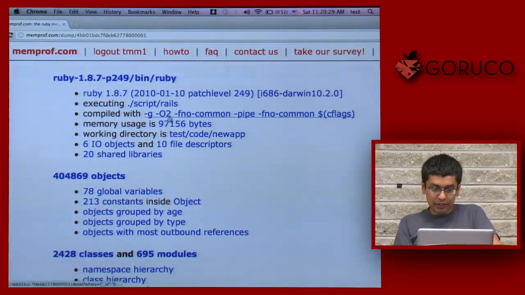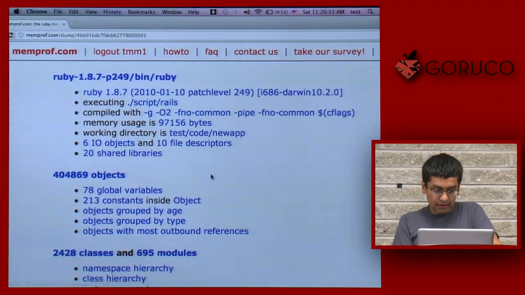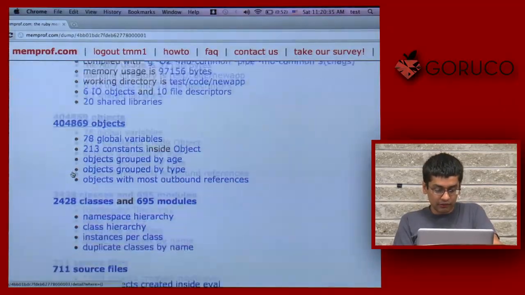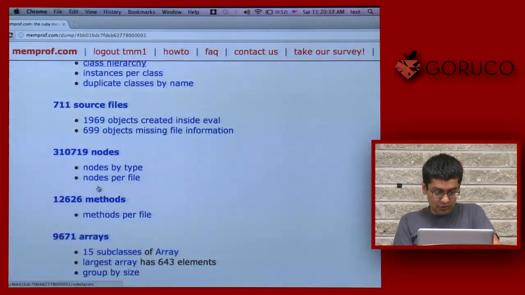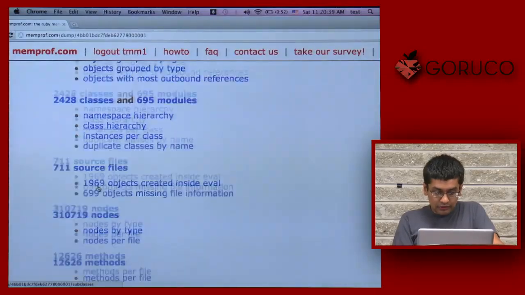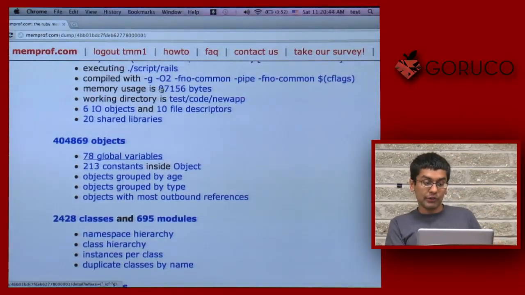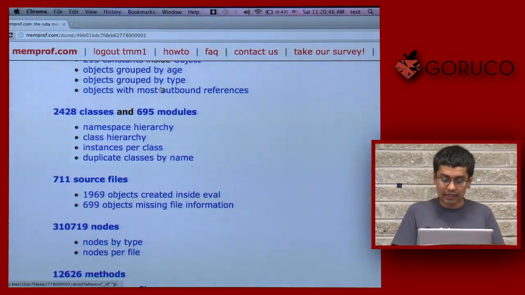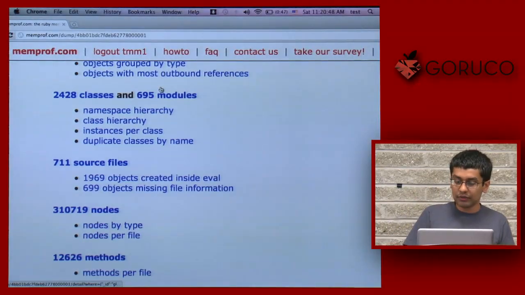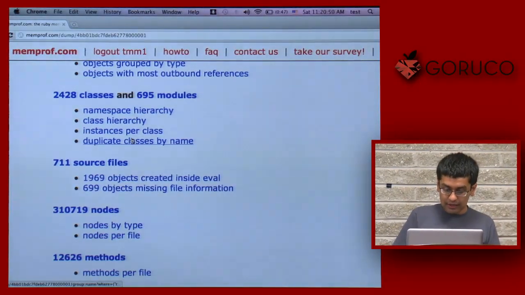there's a bunch of information here. You can see it was using about 97 megs of RAM, and there were 400,000 objects. There are classes, modules, a whole bunch of stuff. Basically what I did was I clicked on a whole bunch of these links and tried to look for stuff that looked weird. And I ended up clicking on duplicate classes by name